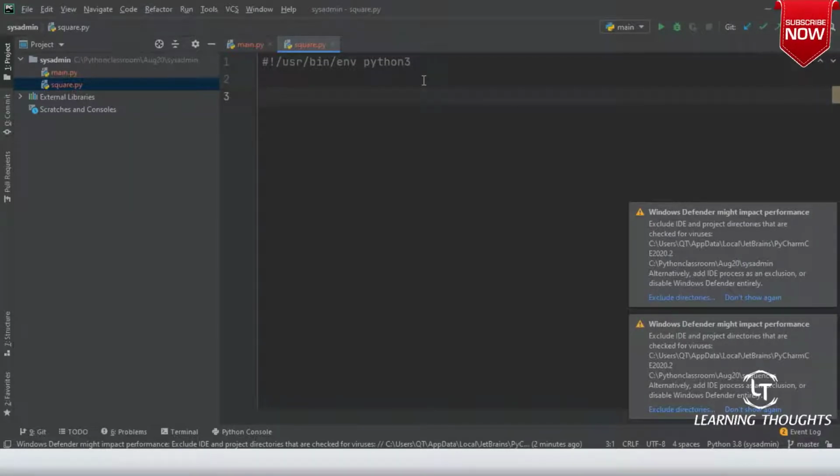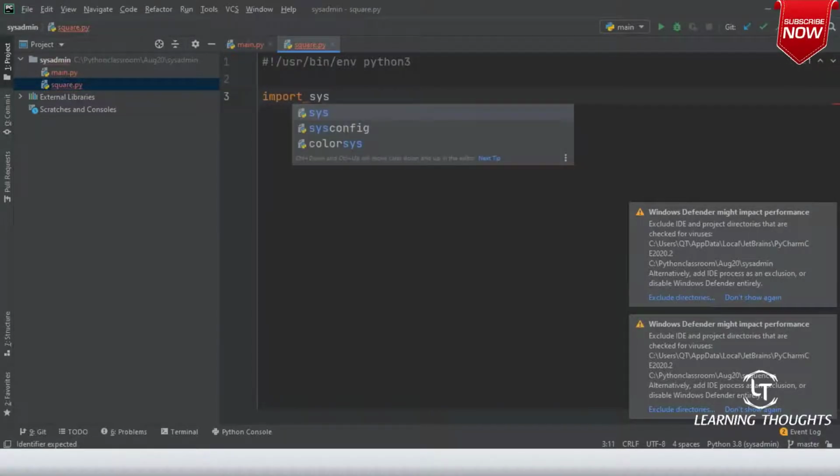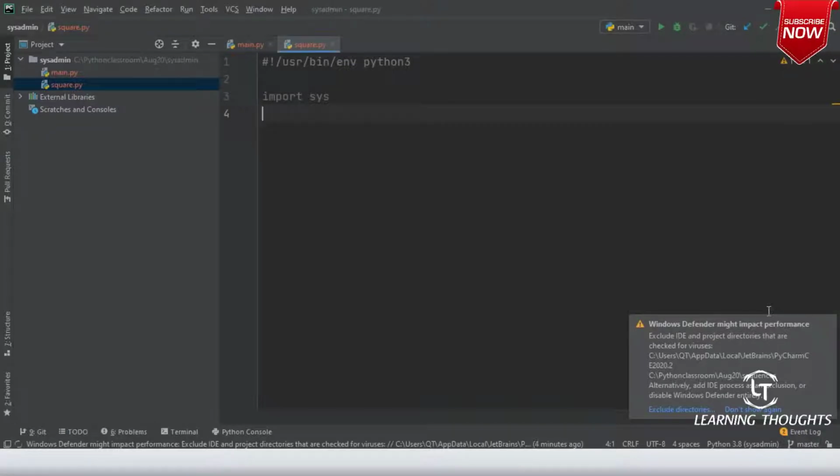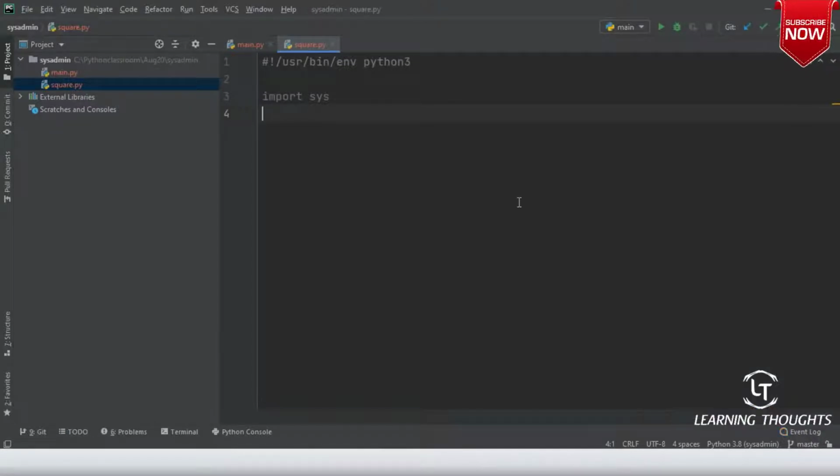Now let me write my import statement: import sys. Am I clear on this? We have just seen that in sys we have standard input. So in Linux, whenever you pass the output of one command into another command, is it not passing it to standard input, right?